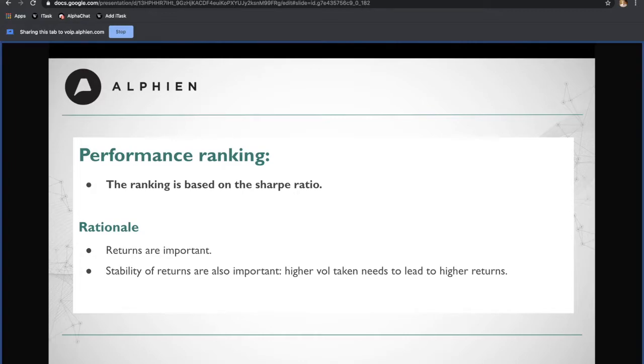This is quite intuitive, and it's been the case since the beginning of the competition. Keep in mind that the sponsor is also interested in the return. It's not only the Sharpe ratio, it's also the return. So there's probably going to be a hurdle for them to be interested. So keep in mind you have to maximize both the Sharpe ratio and also the returns.